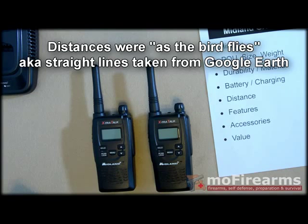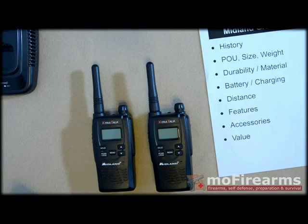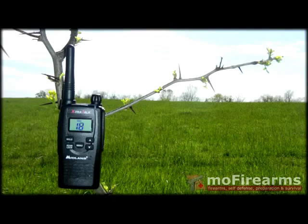They're rated at 36 miles. You will never get 36 miles or 30 or whatever your radio is rated at, because they have the disclaimer: maximum range can only be achieved over water or open rural areas under optimal